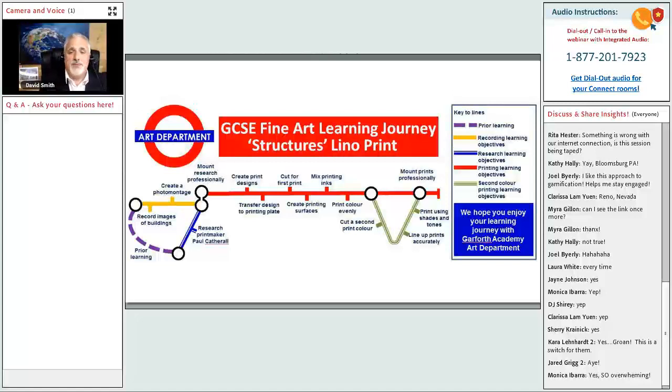This actually is a great example from the Garforth Academy, their art department. What they've done is take the concept of the metro, or in the UK we call it the tube station. They've taken this concept of using a layout from a tube station or a metro to demonstrate the learning journey. It's simple, it's very impactful, it's very visual, but I guarantee you that if you were